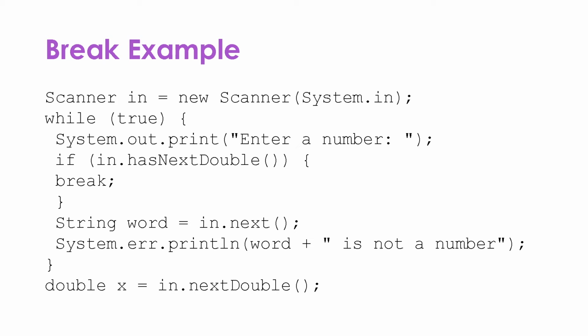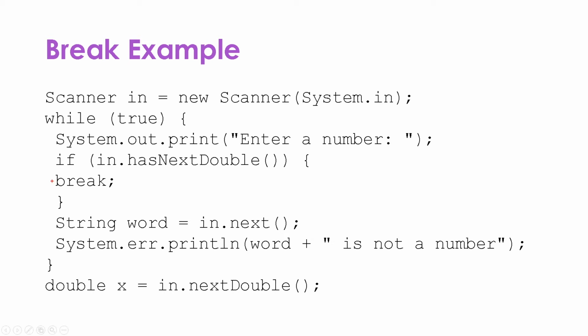So once we break out, we take that value of in.nextDouble and we immediately assign it to our double variable of x. So that's what's happening essentially here. When we get into